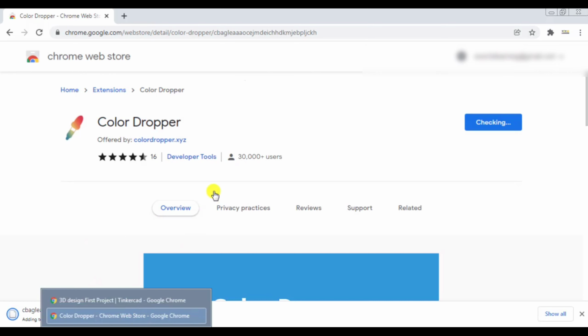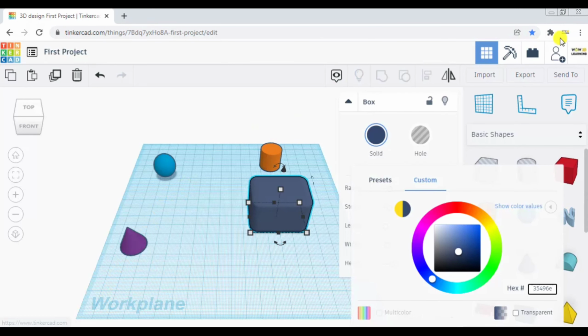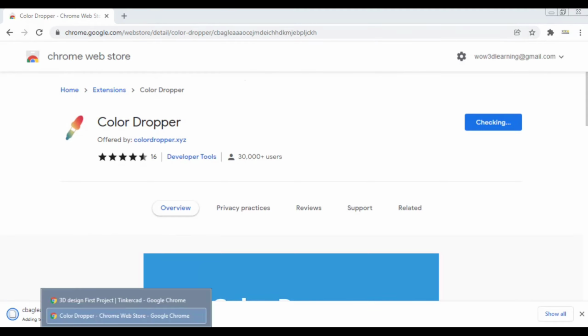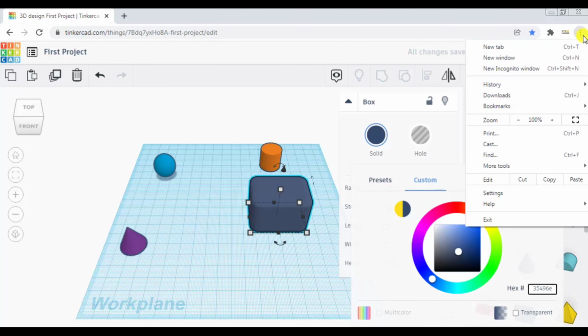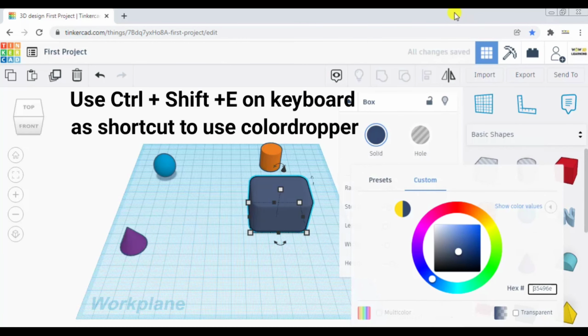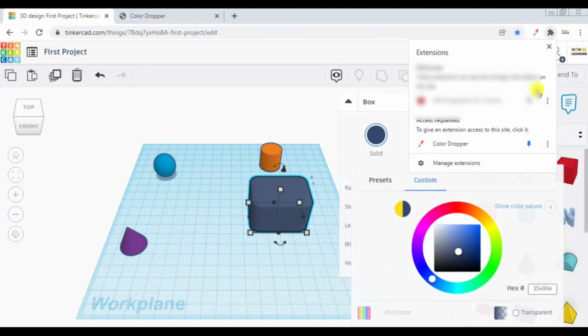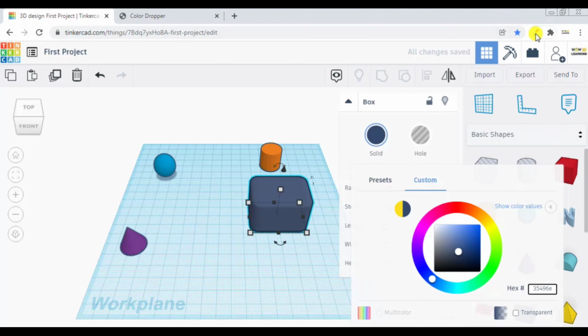Now if we go back to our original window and look for color dropper here, it is downloading. If you pin the extension you have downloaded, color dropper, onto your pin bar, you can see it here.